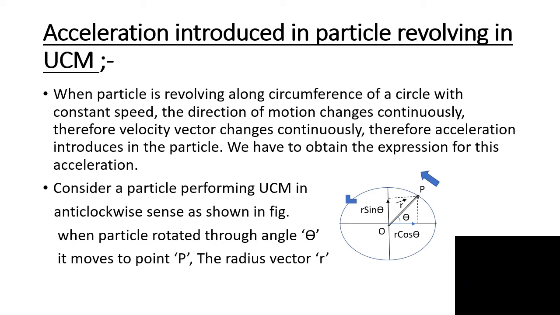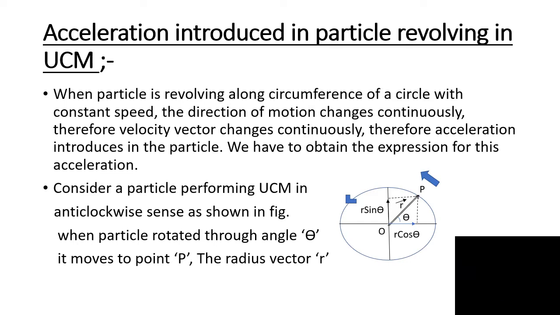Since the velocity vector changes, acceleration is introduced in the particle. Now we are going to obtain the expression for this acceleration, which is introduced in a particle performing UCM due to change in direction of